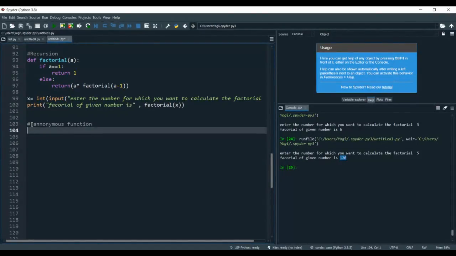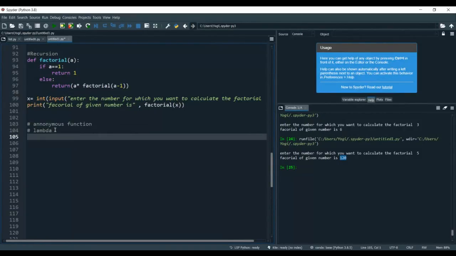Now these anonymous functions can be created with the help of lambda. The syntax for creating a lambda function is that it will take two things, arguments and an expression, right? So the syntax is lambda argument colon expression.